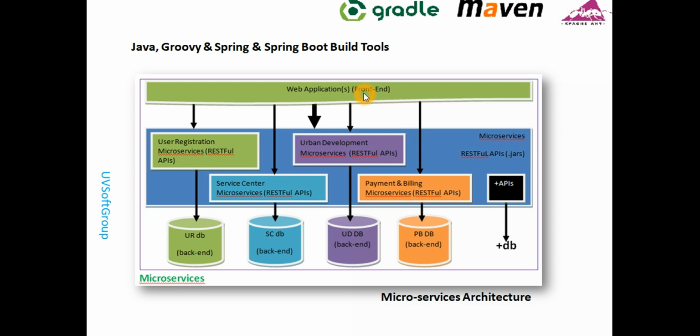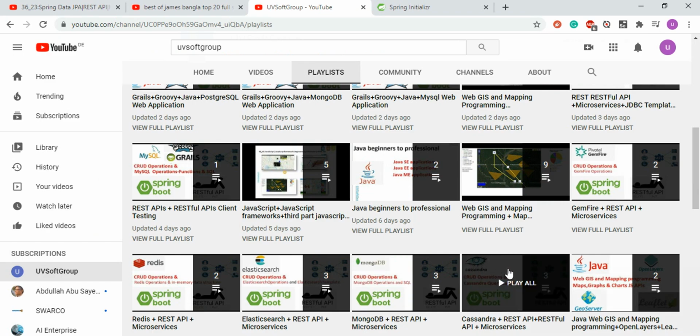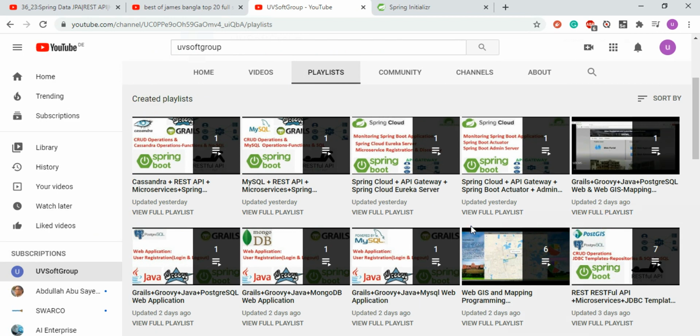The front end is really independent. It doesn't matter if it's Angular or TypeScript based front end development, or a JavaScript based framework. I have many examples of Java and JavaScript based front end developments.